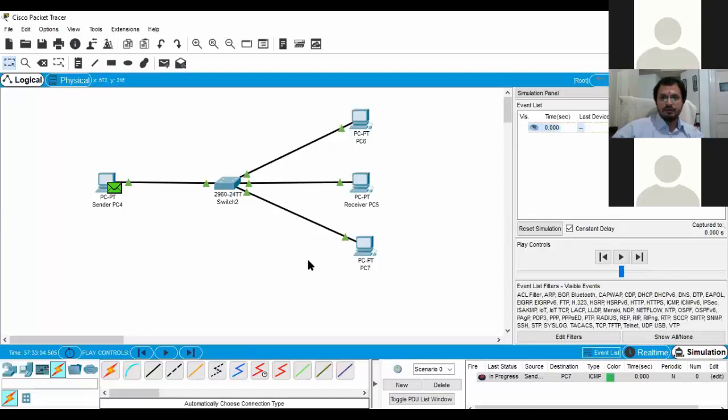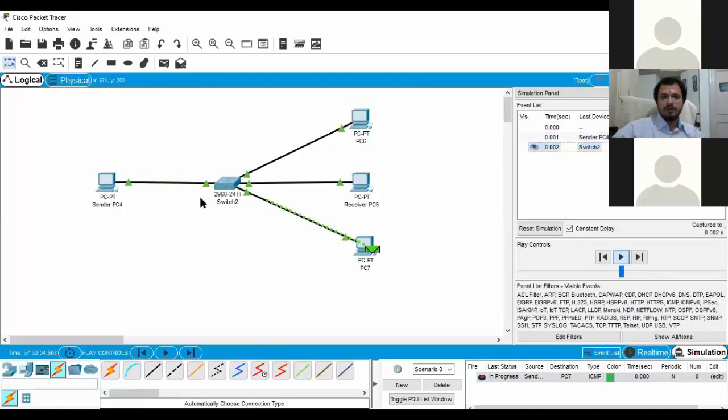Now this is a scenario you can see in this simulation. There are devices connected, and a packet needs to be transmitted from one node to another. If we check how it works, the packet is first transmitted to the switch.